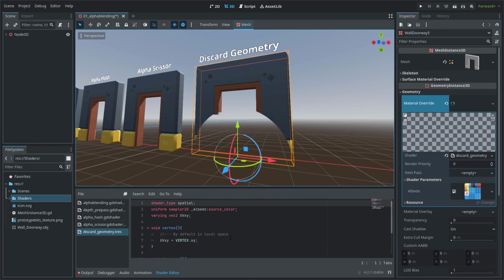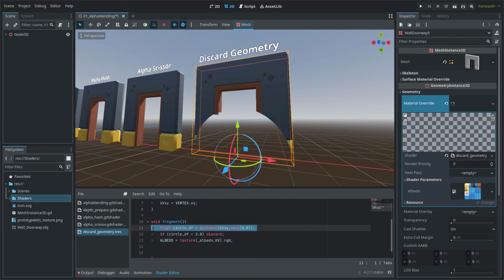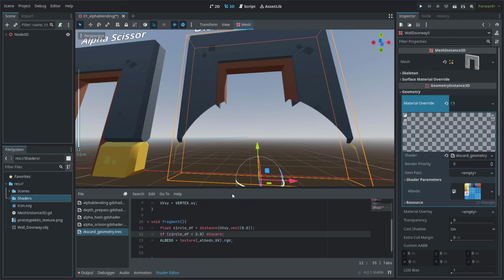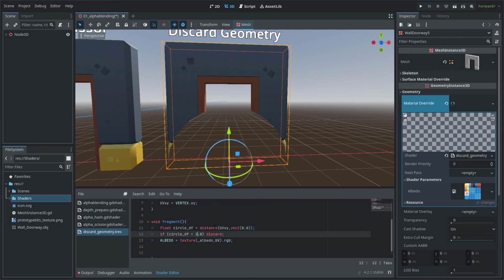And finally, we have discard. With the same distance field, I can discard the fragments that are less than a certain value, for example 2 meters,